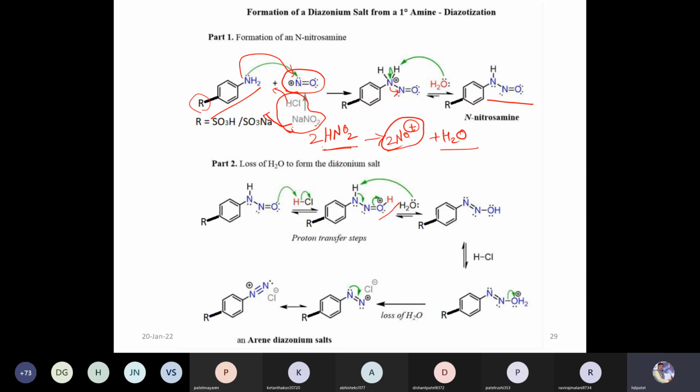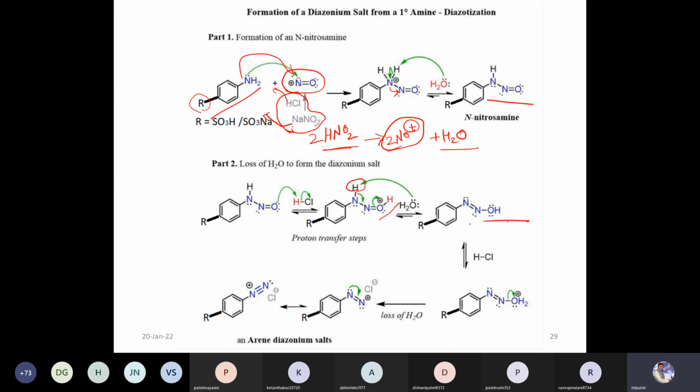Now oxygen has positive charge. Then further migration of electrons will take place from nitrogen to oxygen, so it will convert into OH. After that this electron will shift over here, so it will convert into N=N. When it converts into N=N, H plus will be eliminated. So finally we now have